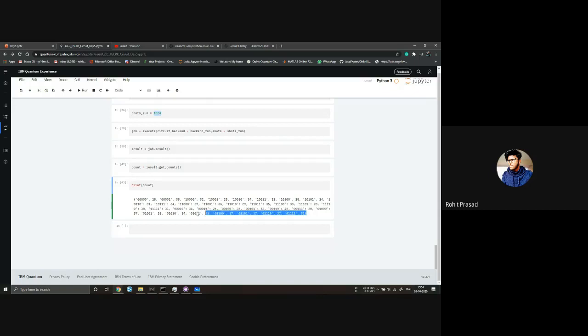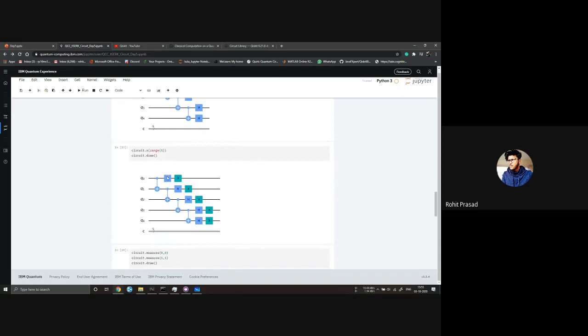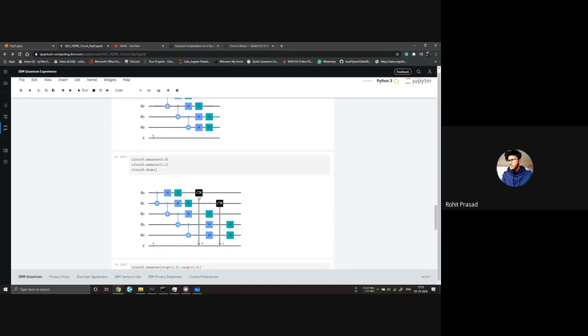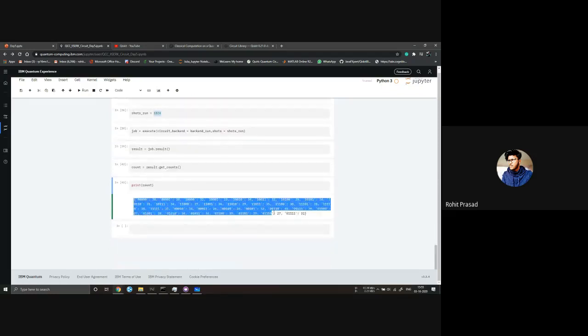If you see, the probability of any state will be more or less equal to the other states, as we used this H gate. If we have a 0 at the start and a controlled gate, it doesn't mean anything; you can ignore it. Then we have an H, then an X. So it's an equally probable state for every possible outcome. You can play with this.